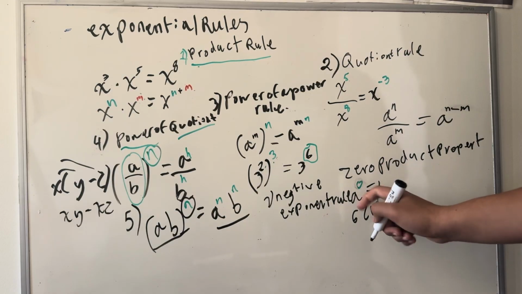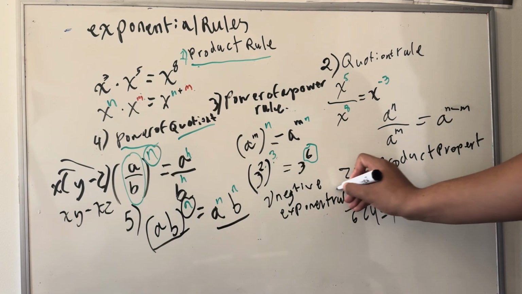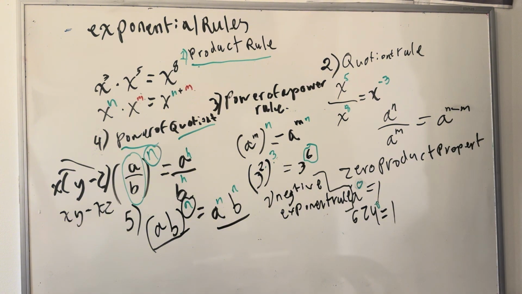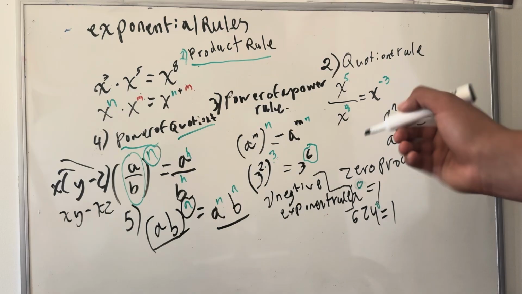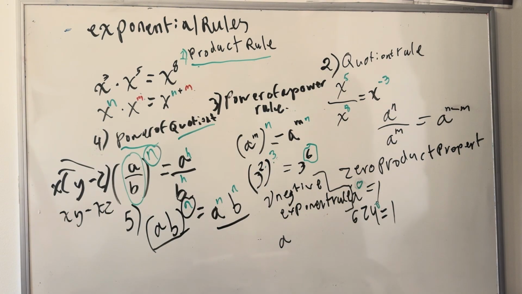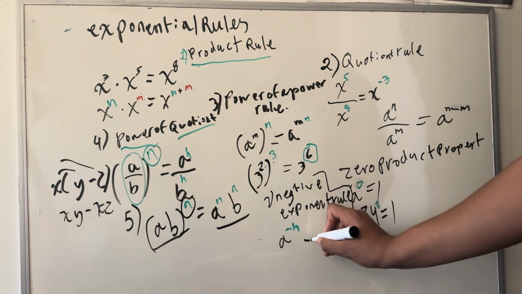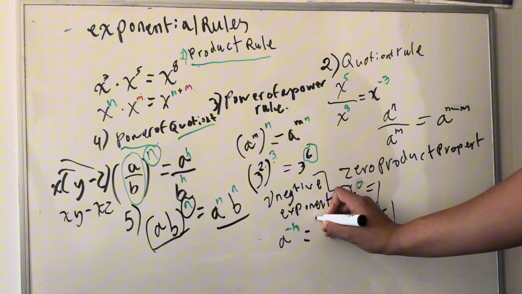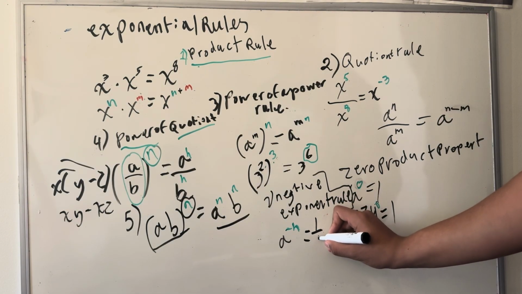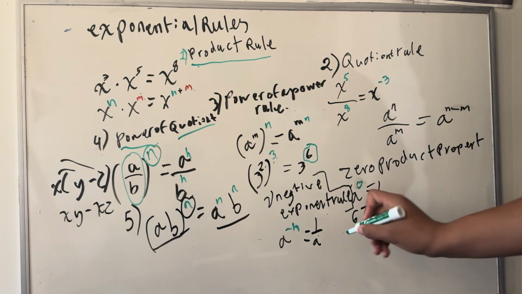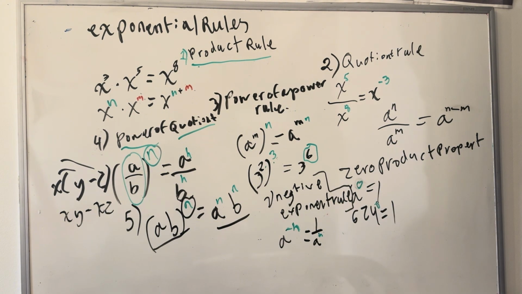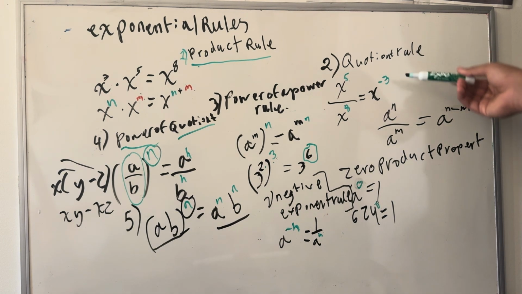And this just, hold up, let me just separate this. The negative exponent rule just says, basically, if you have a to the power of negative n, that just equals the reciprocal of a. So it would be 1 over a to the positive n. This rule is extremely useful, especially when you're dealing with negative exponents like this and you don't know how to